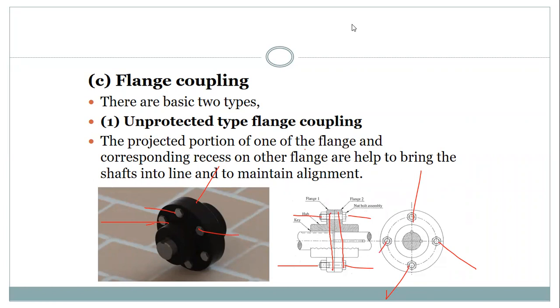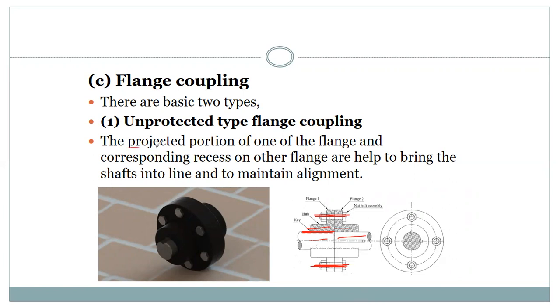So what do we do here in flange coupling? Instead of a muff or sleeve, we have replaced it with the flange, right? So what are we going to do? We are going to bring these two shafts near to each other. We are going to bring the two flanges near to each other. Then we are going to insert the key into the shaft and the coupling, so they will be fixed. Then these two flanges will be tightened with the bolts,